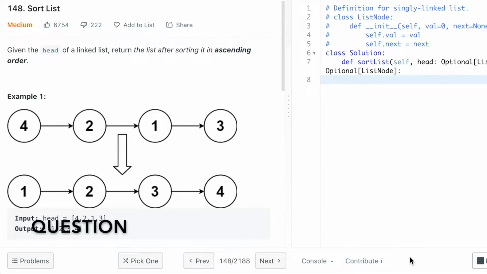Today, I'm going to show you how to solve LeetCode question 148, Sort List, and this is a medium question. Given the head of a linked list, return the list after sorting it in ascending order. It's kind of similar to yesterday's question. The difference is this time it's a linked list, but I'm going to use the same merge sort algorithm